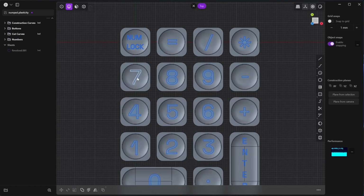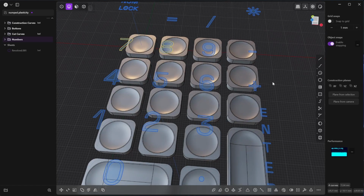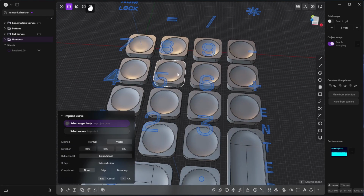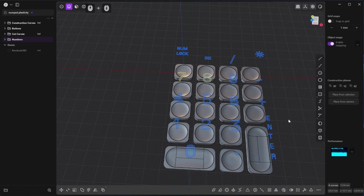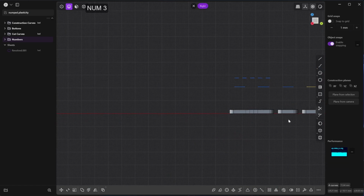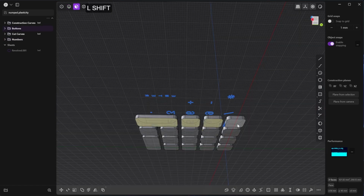Now as I have all these numbers, I want to imprint them on the bodies. But the problem is that because all these buttons are different bodies, I can select all the curves and imprint them to dedicated button. So you can see it imprints only on one body. I'm going to try to temporarily merge all these buttons in a single body, and we'll just split them back after. So selecting all the faces